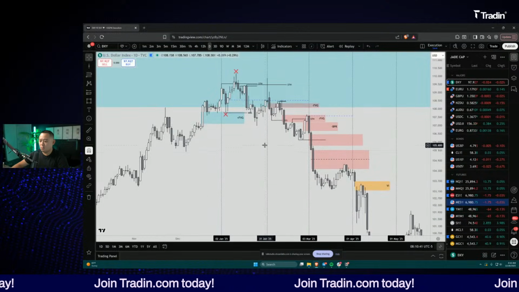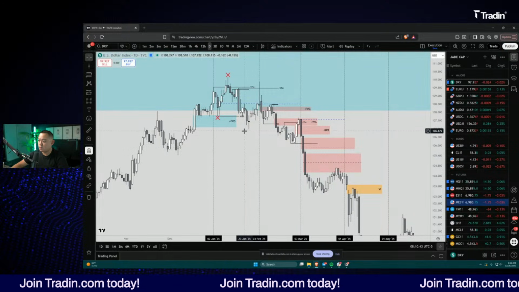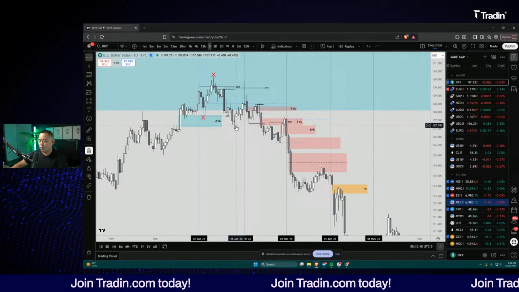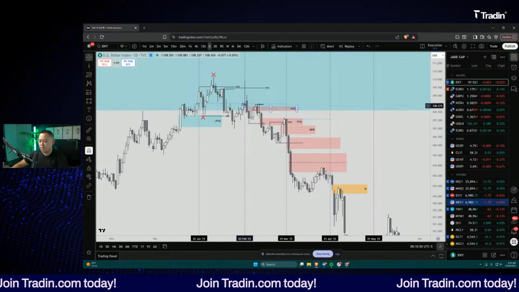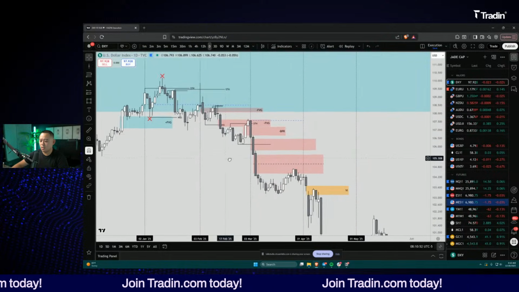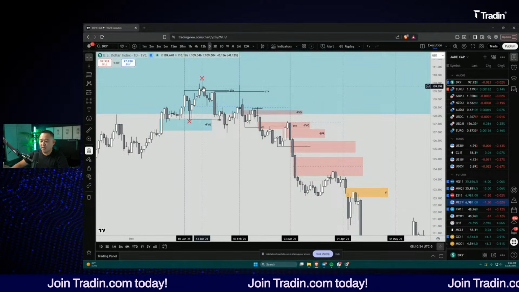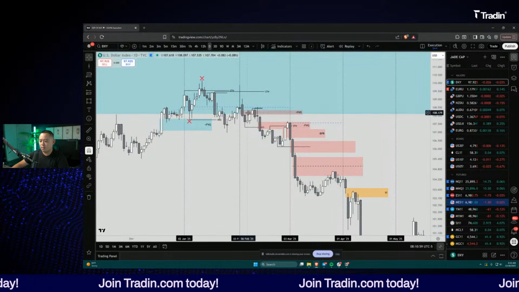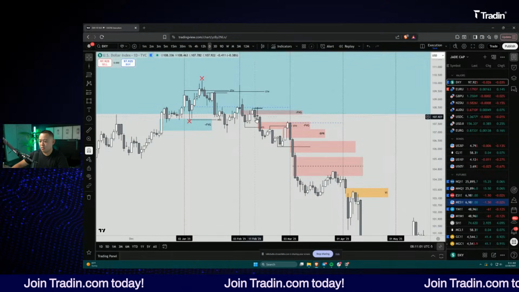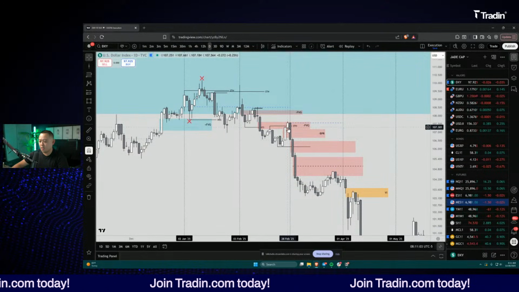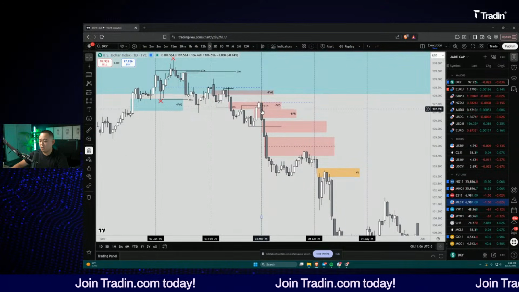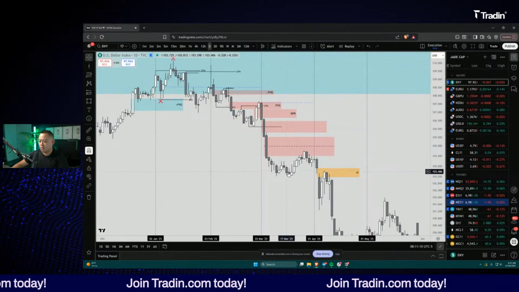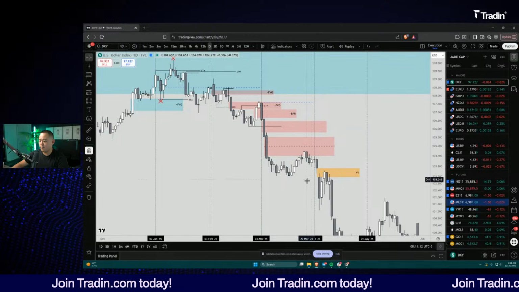And usually this is where you need to pay attention where you are as far as the calendar. Usually you'll see a low being printed, and then the last week of the month you might just get some small retracement. So you guys can see here, we got this nice run lower, and then the last week of the month trades higher. Here, got a nice run lower. Last couple of days of the month, trades higher. Right here, trades lower. Last week or 2 weeks of the month, consolidates and drifts higher.